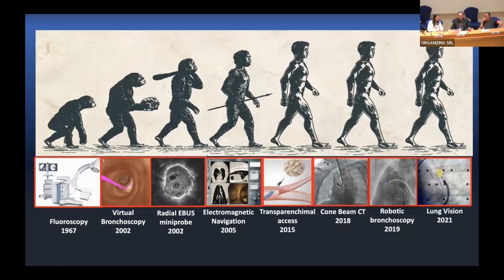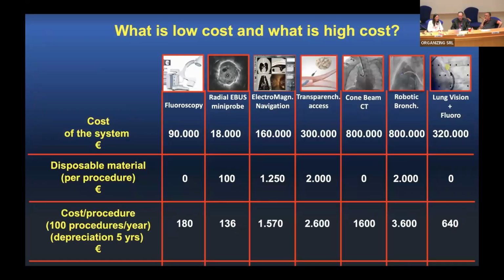The last innovation is robotic bronchoscopy and lung vision, which is an artificial intelligence algorithm that allows mixing, sharing the CT image with the fluoroscopy, allowing real-time sampling of the lesion. Well, I will not describe all the methods, of course, because of time, but I will try